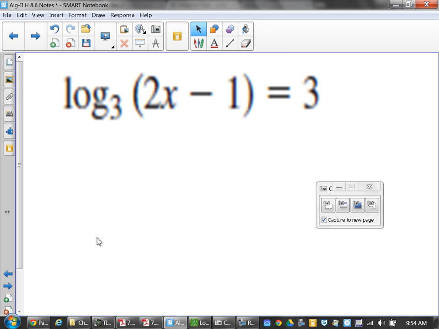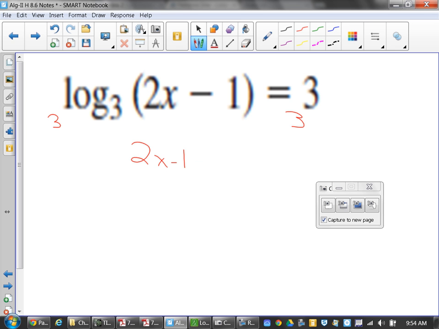What do you have to do first? Exponentiate. We're trying to make this 27 plus 1, 28, divided by 2. Here's 14. That's equal because you have